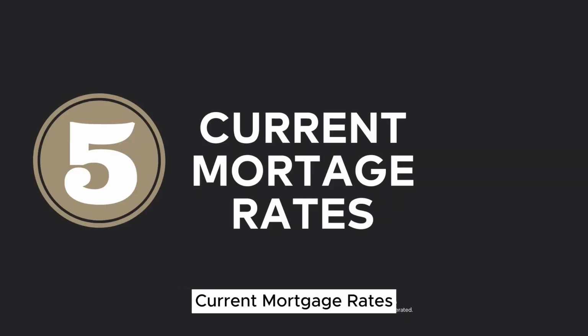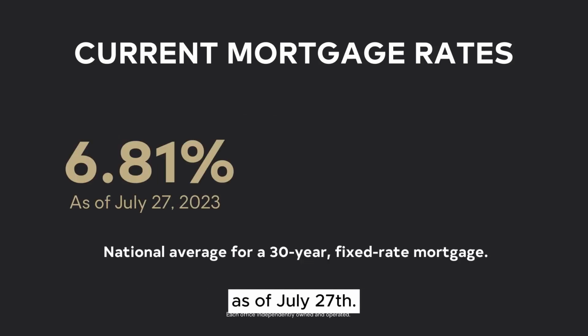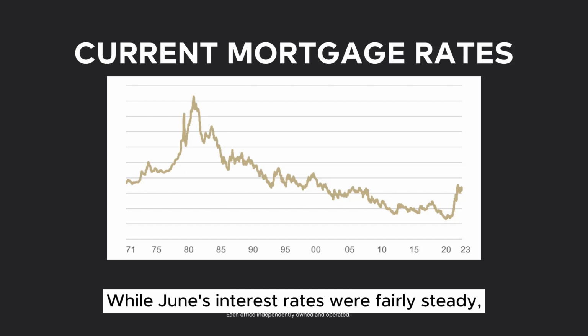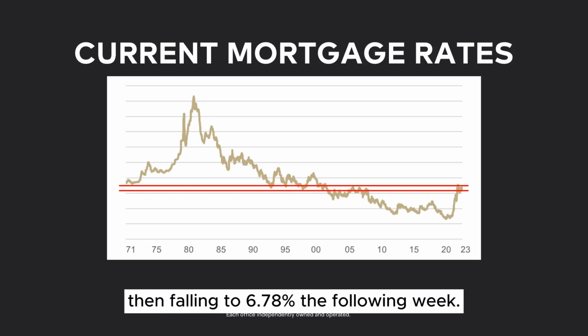Current mortgage rates. Interest rates vary by area, lender, and type of financing. For reference, we look at the national rate for a 30-year fixed-rate mortgage, which was 6.81% as of July 27. While June's interest rates were fairly steady, July's interest rates fluctuated, rising to 6.96% mid-month, then falling to 6.78% the